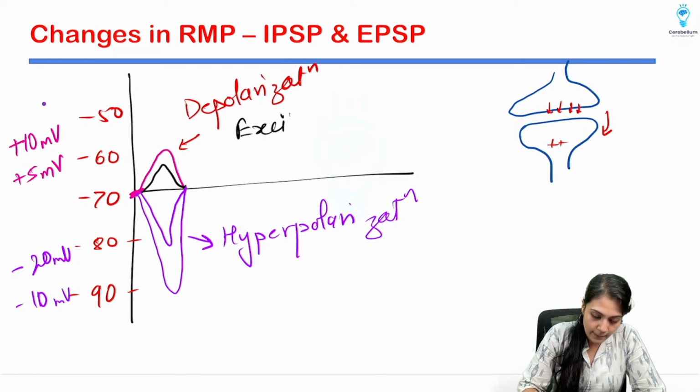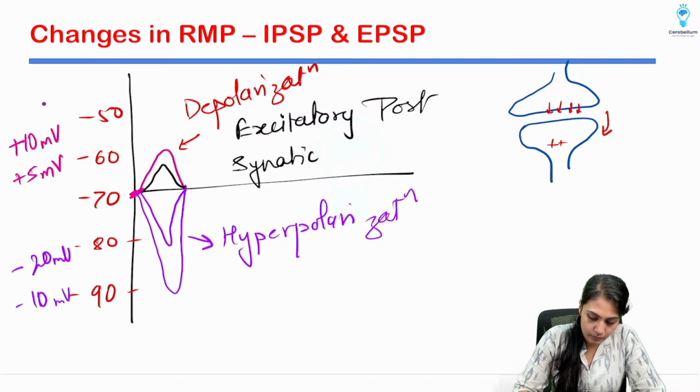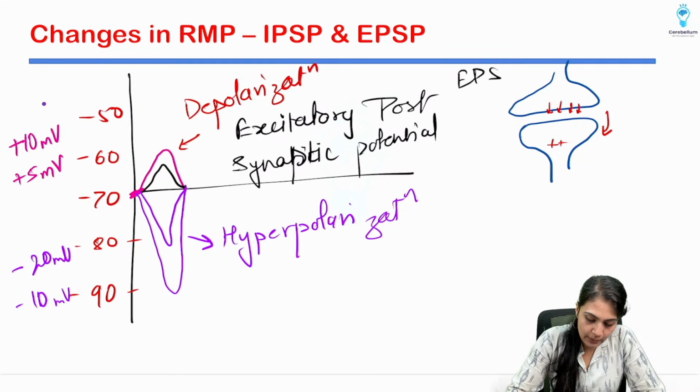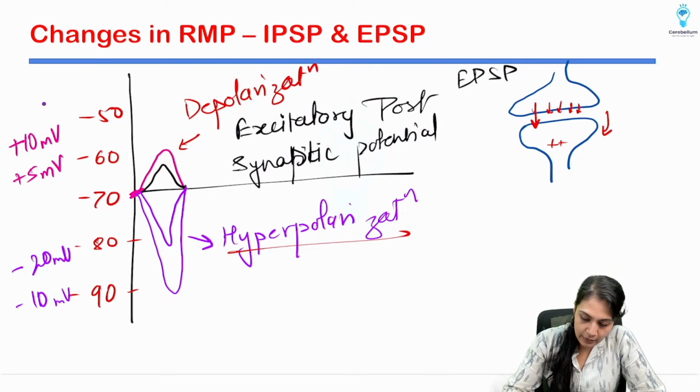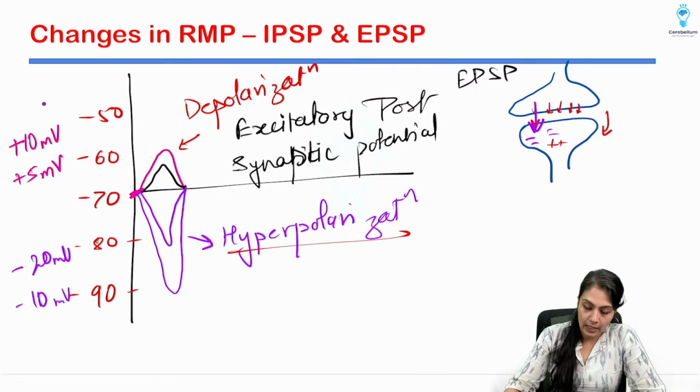Excitatory post-synaptic potentials, and in short form, it is EPSPs. And the same over here, if we talk in terms of hyperpolarization, then these are going to be negative. So if I release an inhibitory neurotransmitter, they will make the second neuron go into inhibition, and these changes are also seen post-synaptically,